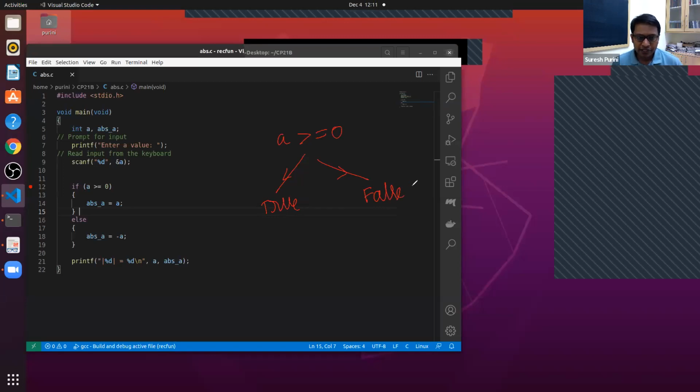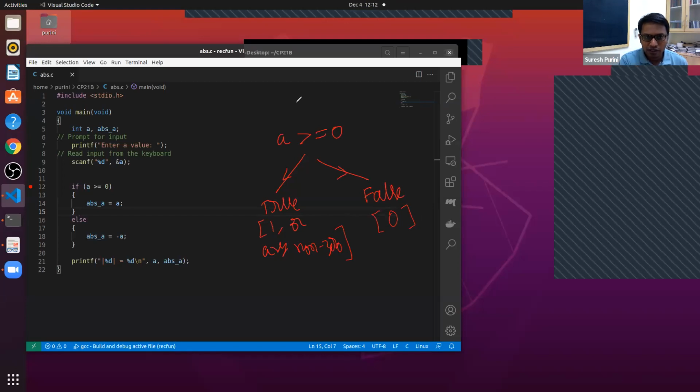In some programming languages, there is a data type called Boolean, but in C we don't have such a thing. So a true is represented either as 1 or any non-zero value. It can be negative also, or any non-zero value. Any non-zero value is treated as true, and false is 0. False has only one representation, but true can be represented using 1 or any non-zero value.